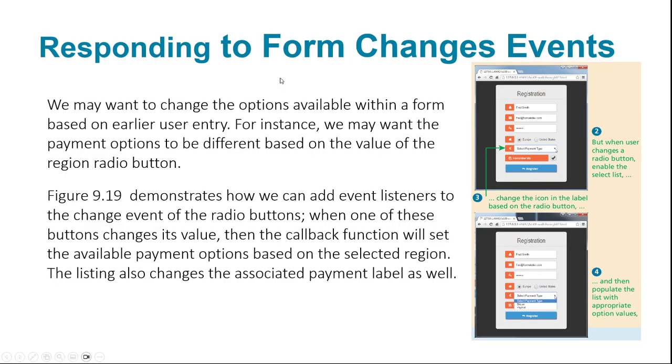Okay. So, focus and blur. Just keep those in mind. Those are for moving between elements. But what do we do when somebody changes an element? So entering text into that text box, selecting something within that radio button, selecting something from a drop-down list, and what you do is you target those event listeners,